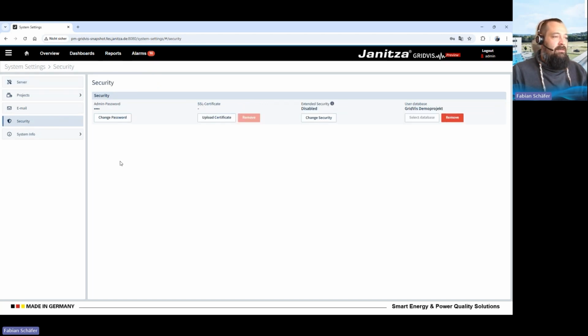It's called security. So we moved all the security functionalities into one submenu, and in the future there's the possibility that we add some more configurations, like Sebastian said, as we're taking a deeper look into the security options of the GridVis. We will have many more changes in the future. So, for example, here you can upload the SSL certificate for the HTTPS configuration,